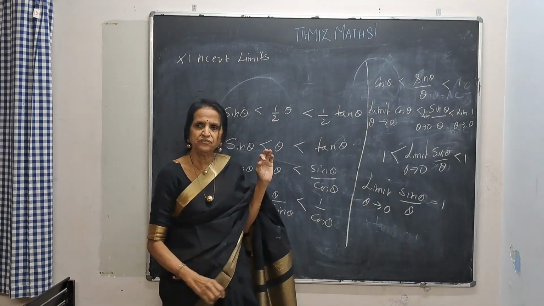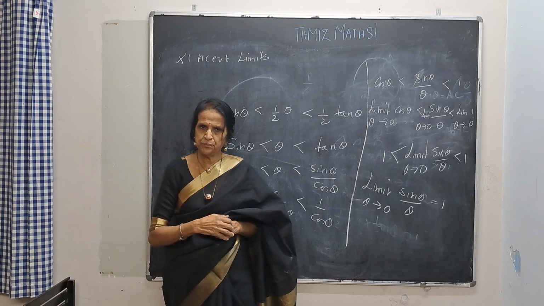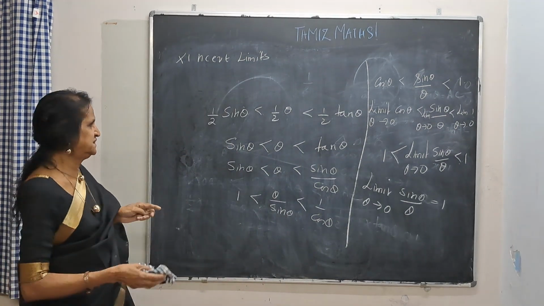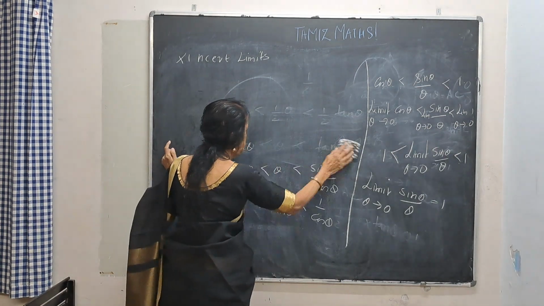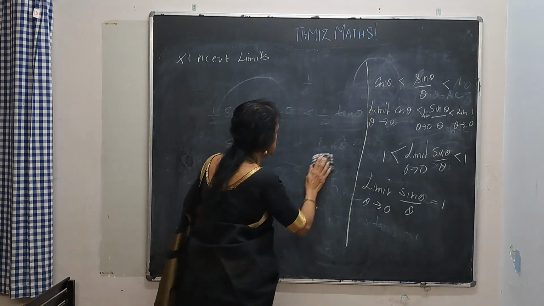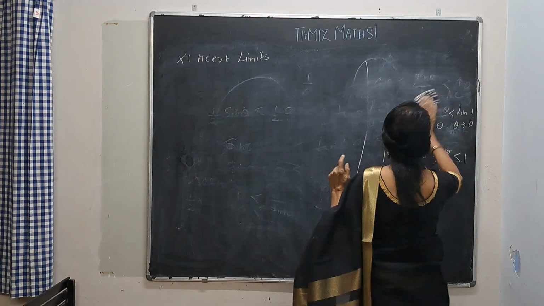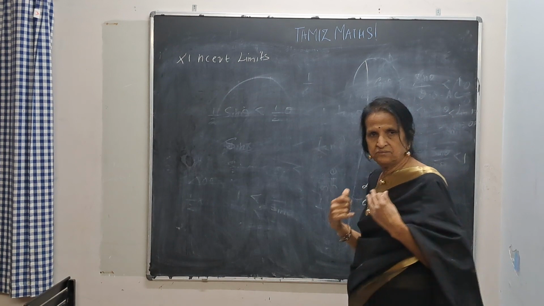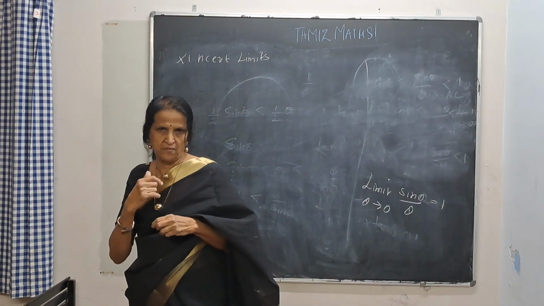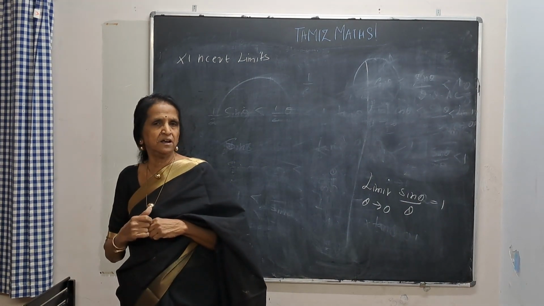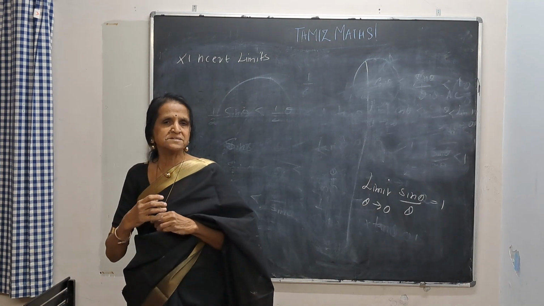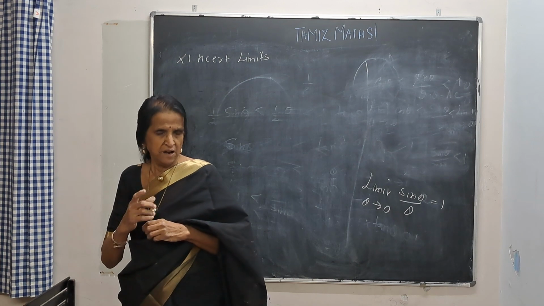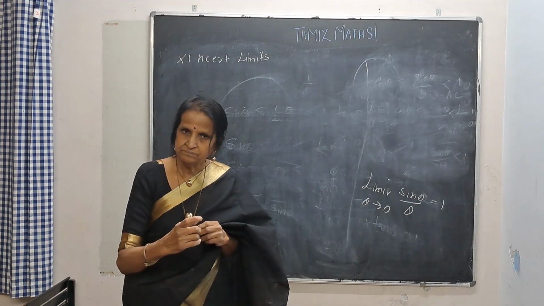Now I'll give you another few minutes and then we will see problems in the next class. Okay. So limit of sin theta by theta, theta tends to 0 is 1. The derivation, I don't say it's going to come for your exam. But if you know the derivation, you will have the goodness in doing maths. And mainly Tami's maths channel is to make you feel maths is easy and that you are going to get nothing less than centum in mathematics.